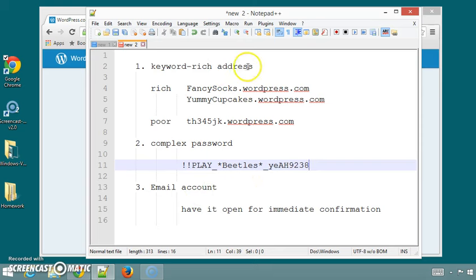The first thing you want to do is figure out what a keyword-rich address might be for you. That means that in your actual address, when you make an account with WordPress.com, you immediately get assigned a site, and that site needs to carry a unique address with it. The suggestion is to make a keyword-rich address so that if you are wanting to do a website on Fancy Socks, then you would want to see if Fancy Socks is available in the WordPress world for you to use, and therefore your web address talks about the nature